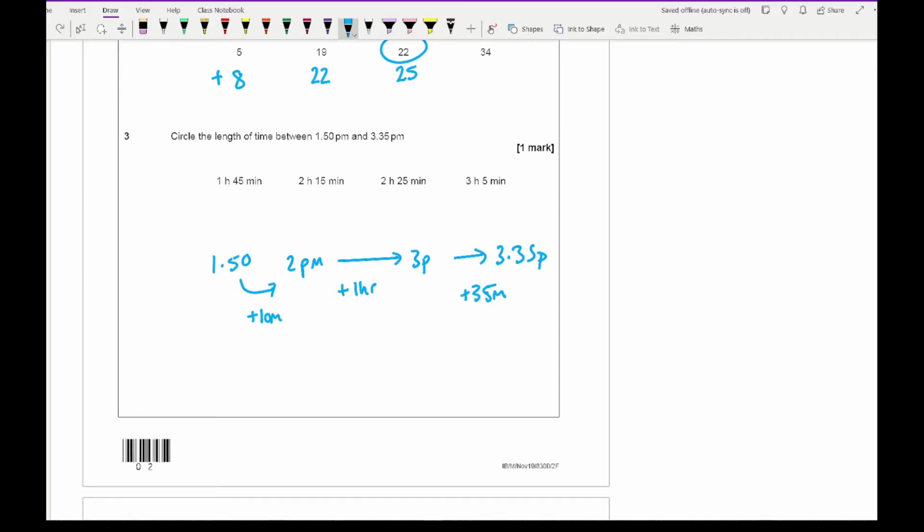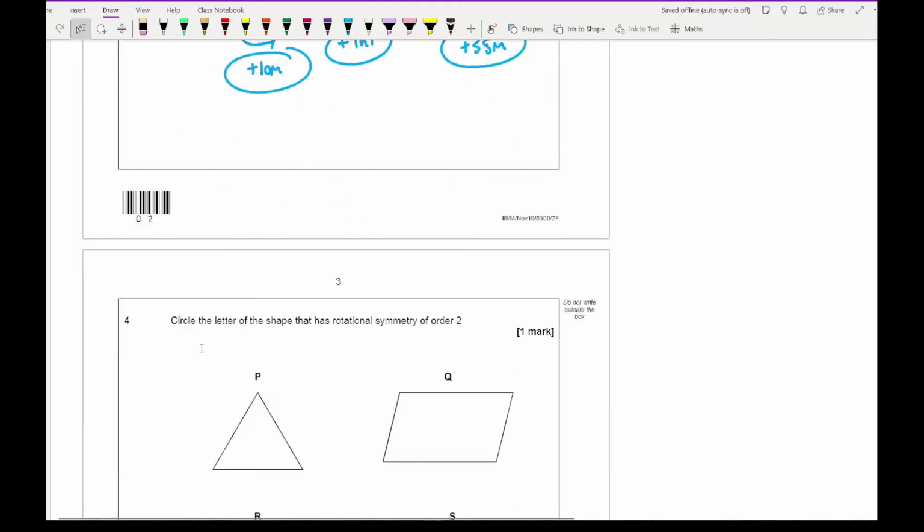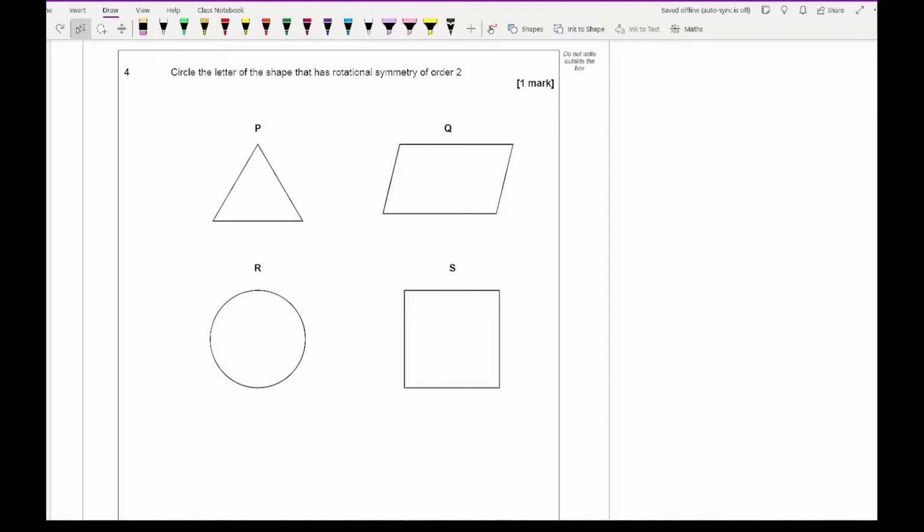So all we need then to do is add these times up. So I've got 1 hour plus 10 minutes plus 35 minutes, which is 1 hour and 45 minutes, which is there, our first option. Now looking at question 4, the question says circle the letter of the shape